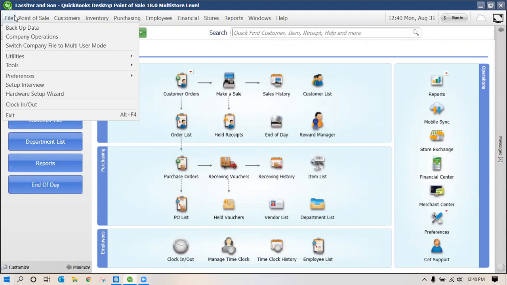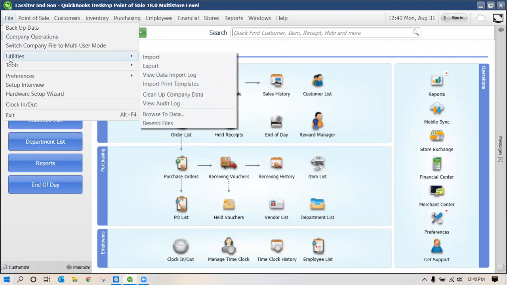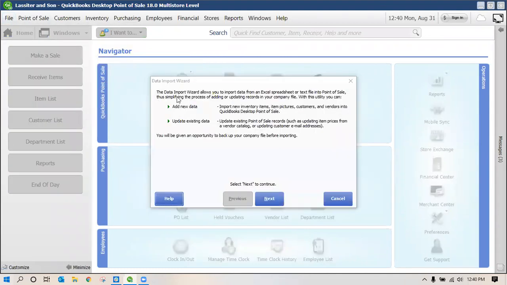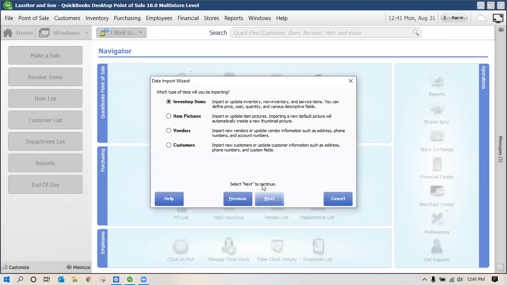So within point of sale, as we set it up, if you go to File, Utilities, we've got an import function. This allows you to either add new data or update existing data. And there are 4 groups that you can import into point of sale: inventory items, inventory pictures, vendors, and customers. So if you've got an old system and you want to bring it over into point of sale,